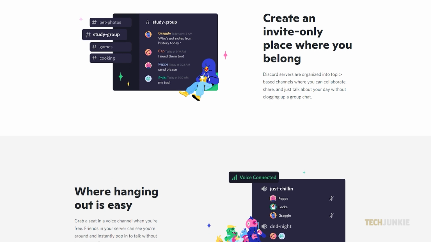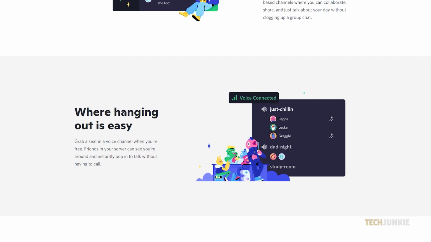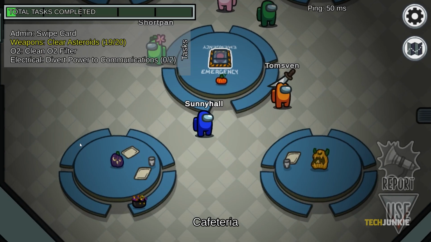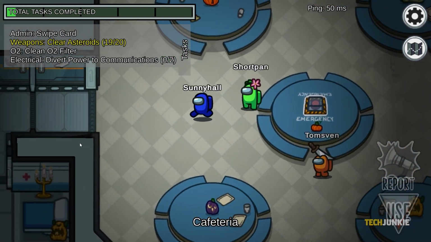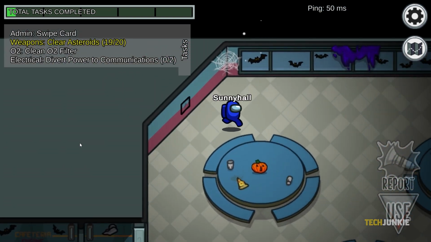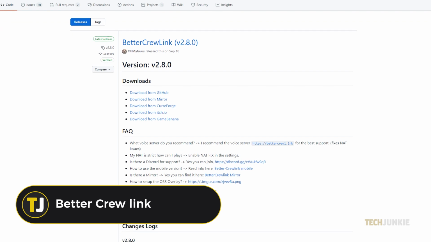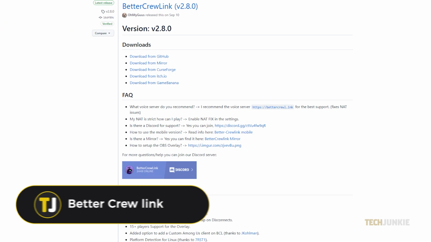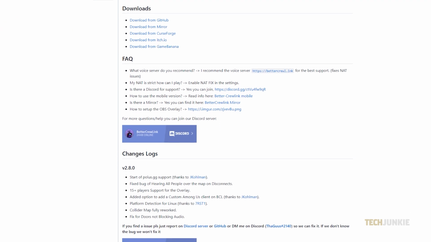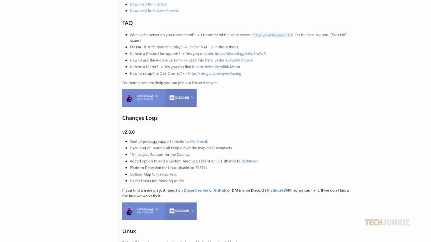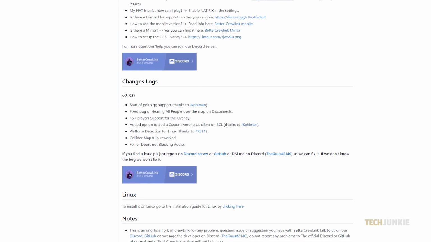If you and your friends aren't already part of a server you can chat on while in-game, you can make your own. Barring that, if you or at least one of your friends play on PC, you can use a mod called CrewLink, which allows you to talk to players near you in-game. Feel free to download this free and open-source mod from the links in the description below for both Android and